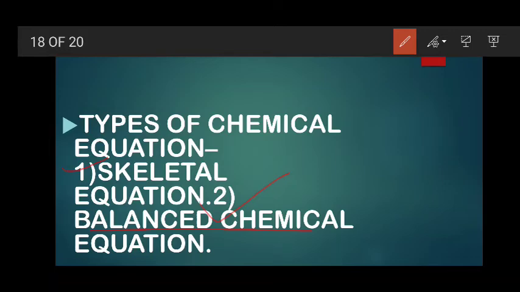Now, the question must have come to mind: what is the need of balancing the equation? Balancing the equation is very important because a chemical reaction is just a rearrangement of atoms. The atoms themselves are neither created nor destroyed during the course of a chemical reaction. That is why an equation needs to be balanced, to make the number of atoms of the reactants equal to the number of atoms of the products. Clear? So how can we define a balanced equation? A balanced chemical reaction is one in which the number of atoms of each element on the reactant side is equal to the number of atoms of that element on the product side.